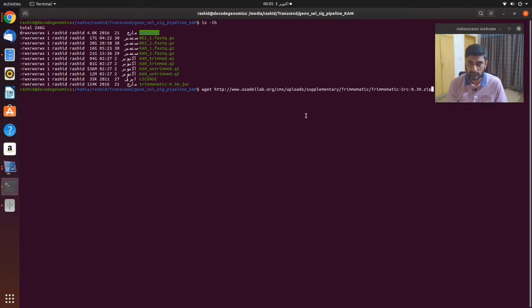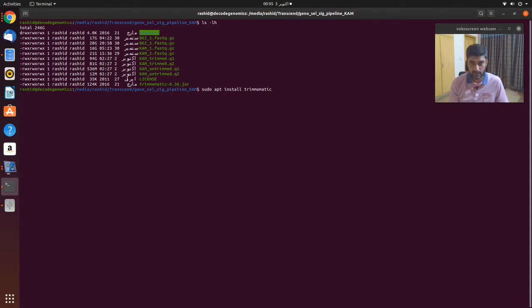After downloading you have to install, and for that purpose you will use sudo apt install Trimomatic. This is the command that you will use for the installation of Trimomatic.